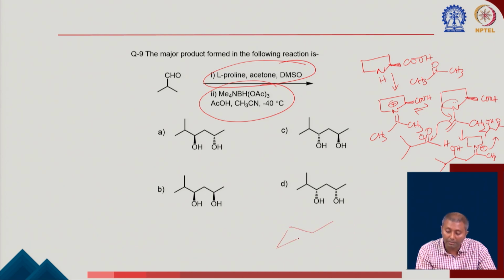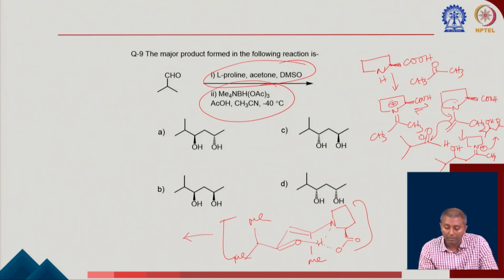So it is going to have some sort of a six-member transition state. Okay, so here you have the nitrogen, and here you will have H, and then we'll have a, okay, so after nitrogen there will be a double bond here, there is a methyl group down, and then there is a carbonyl group here which is coming from the corresponding isopropylaldehyde. Okay. So this is going to go through this type of six-member transition state to give you an aldol product, which you can see clearly, is going to be